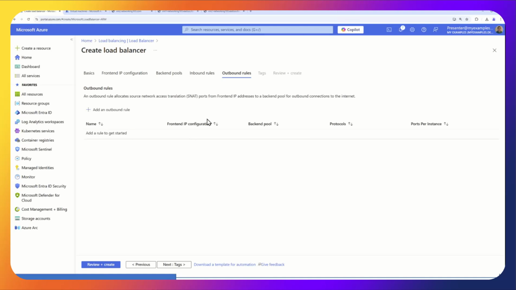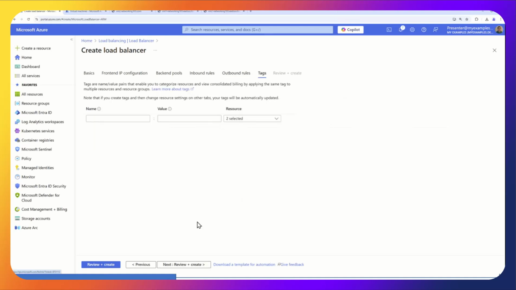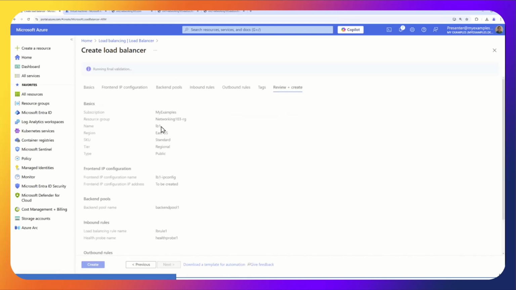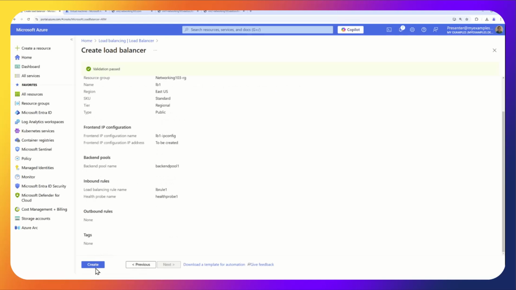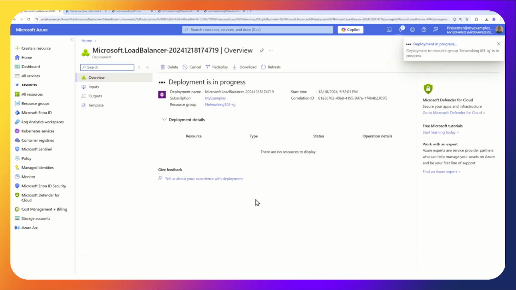I'm not going to do anything here. No rules. Just whatever's allowed out will go out. No tags. Review and create, I think it should be called review. And now I'll hit create. And it will create that load balancer. And it is creating it as we speak.